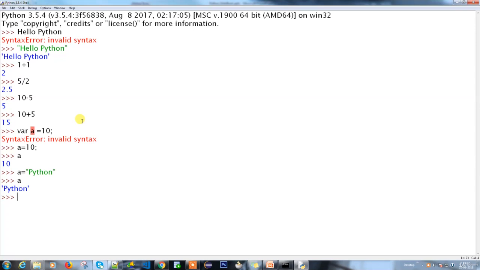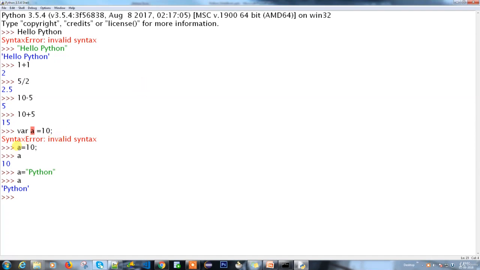For example, if you go for Java, it's not dynamic, it is static. You need to provide the data type, the variable name, and the value. In that case Python is really helpful for the developer, so you don't have to provide any kind of data type setup. Also, the value of a is not static.